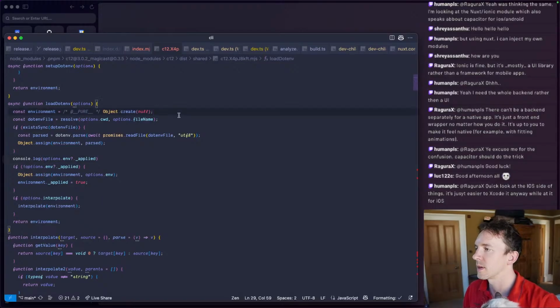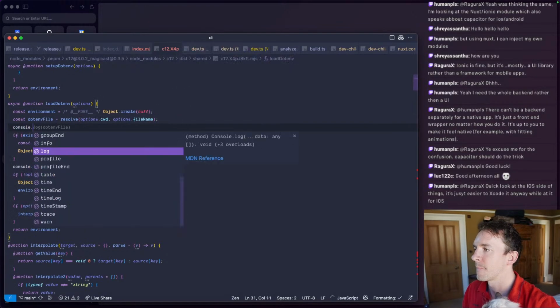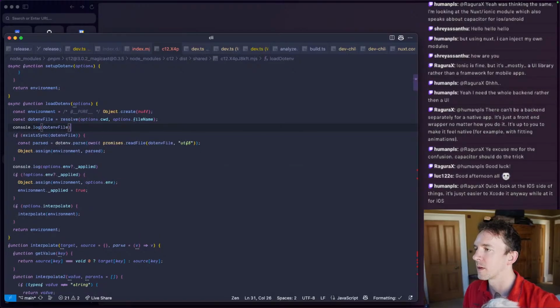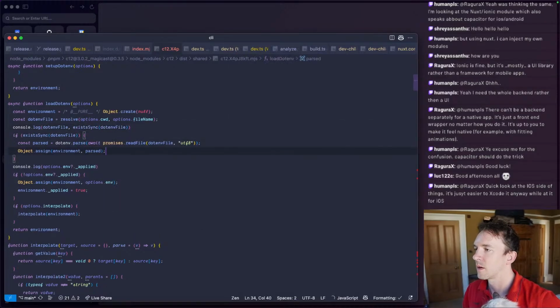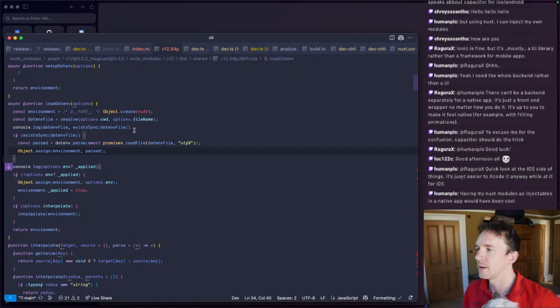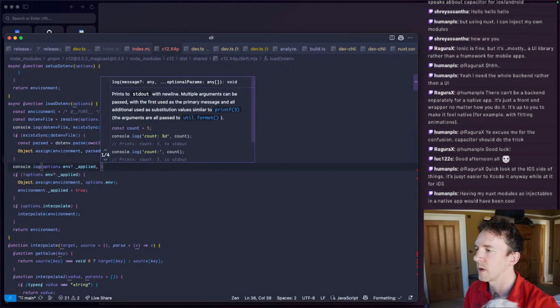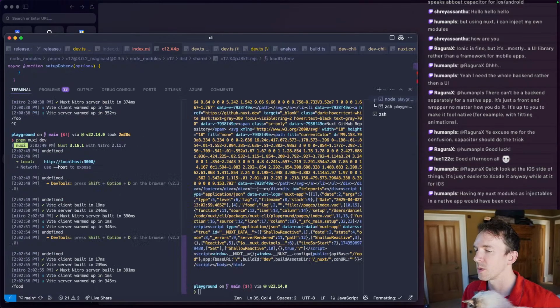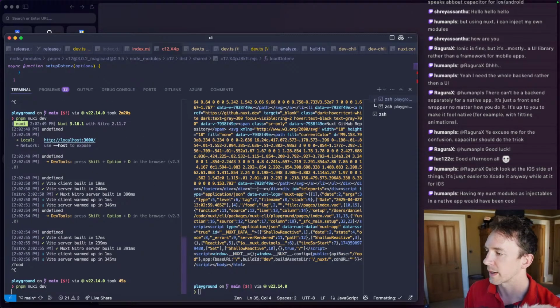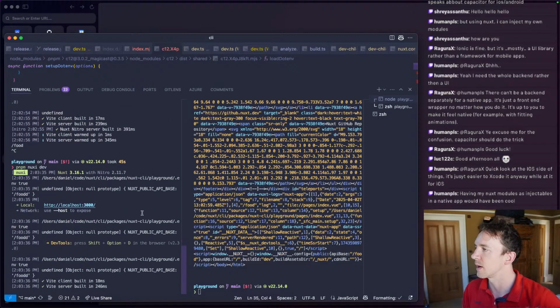Let's just try this here. Okay, and we're just going to pull out the environment and see, because I guess it might actually be working, you know, it might be logging stuff and putting things into the environment, but